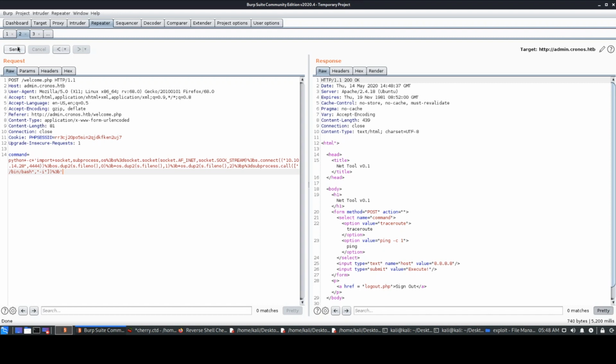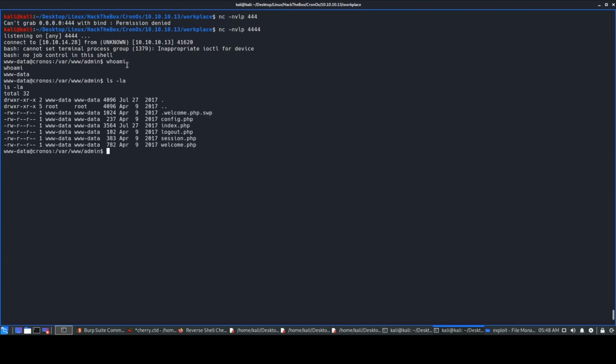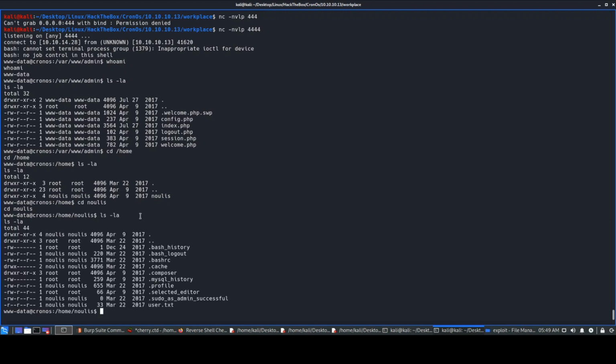Did URL encode by Control U, send it, and we get a shell over here. Okay, so we have the Python shell, and if I do whoami, we are obviously www-data, and we go back to the home directory, where we'll probably get our flag. So we can cd knowledge, probably there's a user named knowledge over here, and I'll just ls -la again,